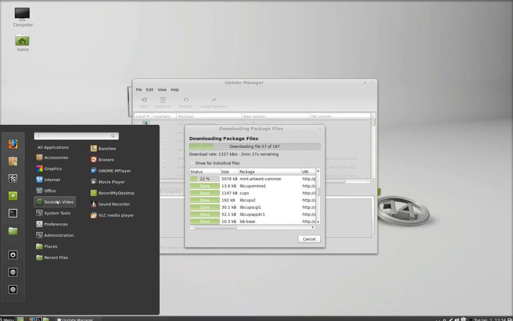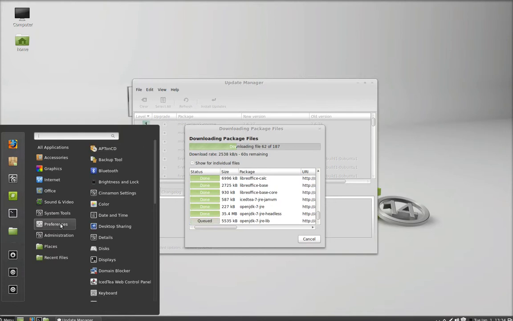It's an excellent program. Sound and video. I'm using this right now, but you get your sound recorder, your media player, movie player, and then this, you can burn your ISO images, and then Banshee is another music player. Sound and video, you got system tools, preferences,